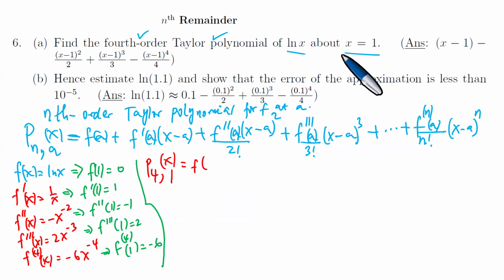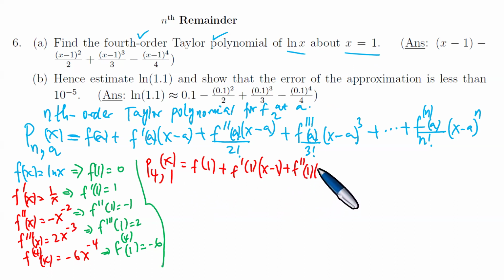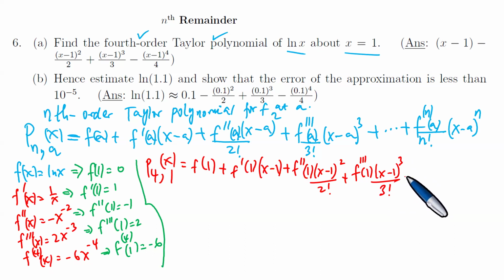So it's going to be f at 1, plus f primed at 1 times x minus that, plus f double primed at 1 over 2 factorial, plus f triple primed at 1 over 3 factorial,